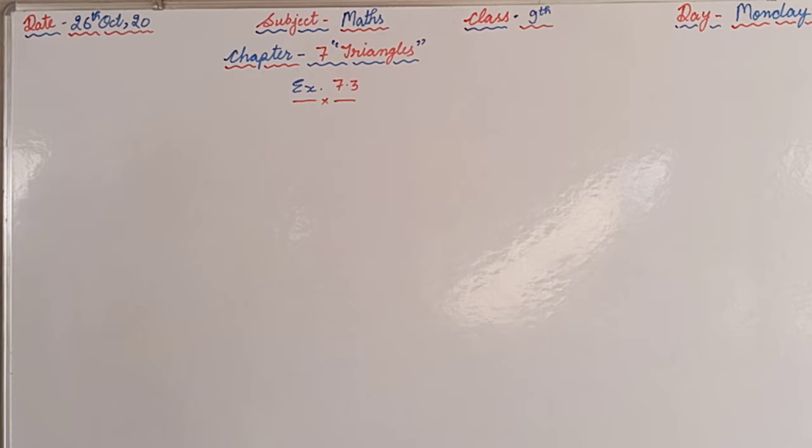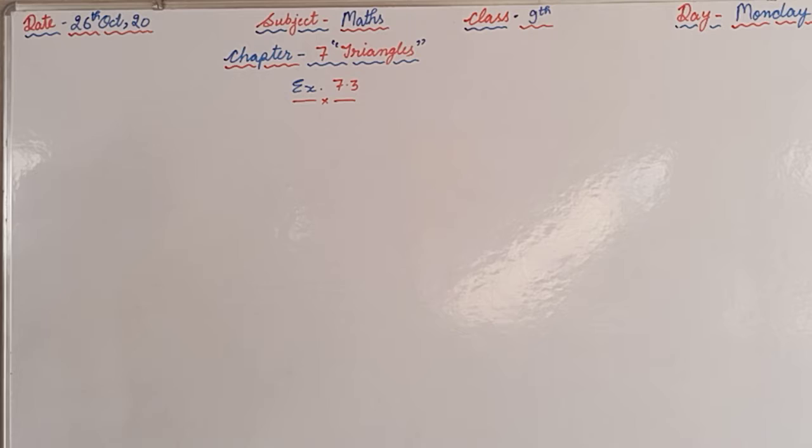At the same time, as I told you previously, whenever you are watching the videos, you should have your textbooks with you, so that you can also get the information given in the question. So we will start with question number 4 of exercise 7.3 given on page number 128. First of all, we will read the question. The question is, BE and CF are two equal altitudes of a triangle ABC. Using RHS congruence rule, prove that triangle ABC is isosceles.